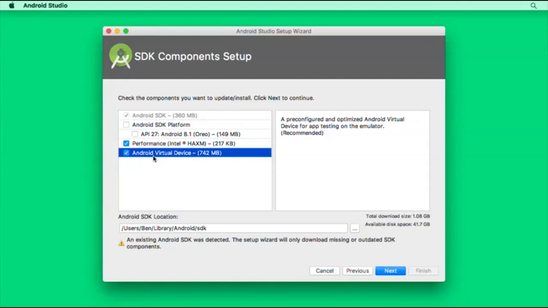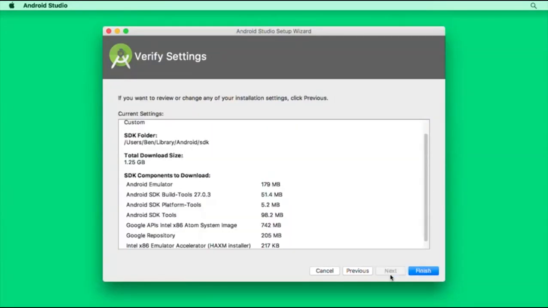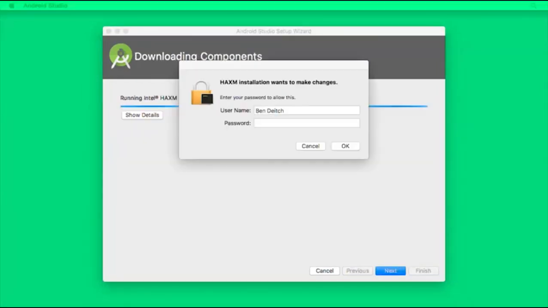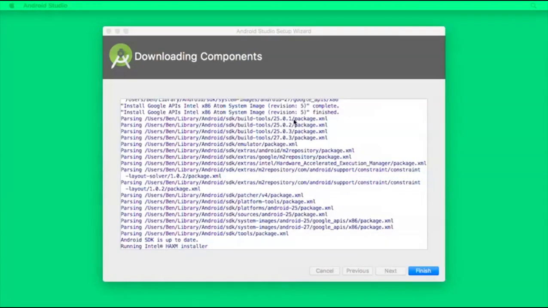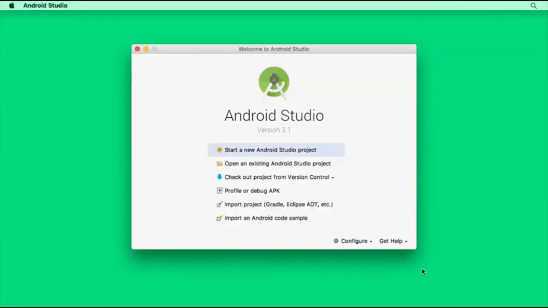This is just a version of Android that runs on our computer. If you have your own Android device, you don't need to include this, but it's recommended if you're going to continue doing Android development. Then let's click Next. And we can accept the recommended choice here and click Next again, and then Finish. Once you've downloaded all the components, you might need to type in your password to allow it to install HAXM. Then let's click Finish. And now that we're running Android Studio, let's pick Start a new Android Studio project to